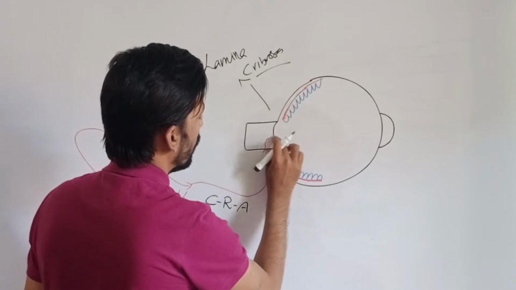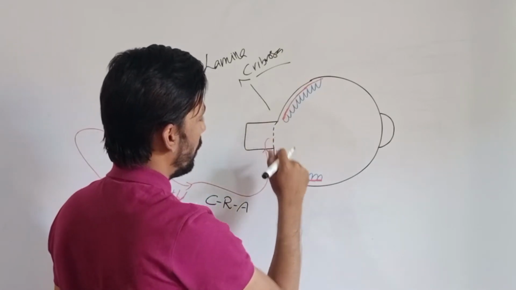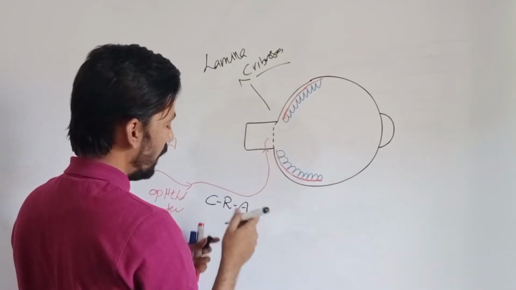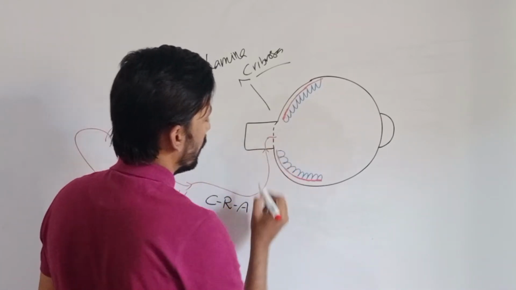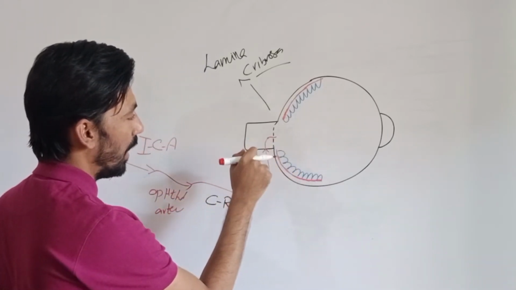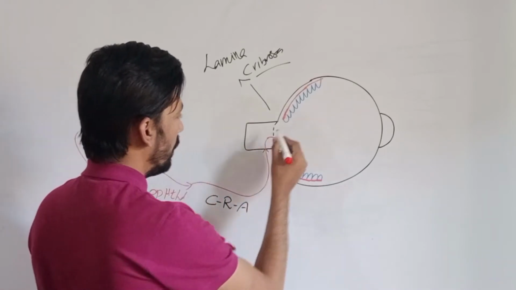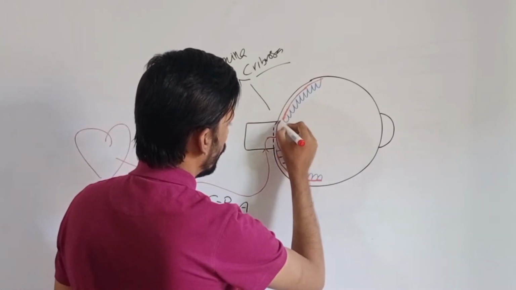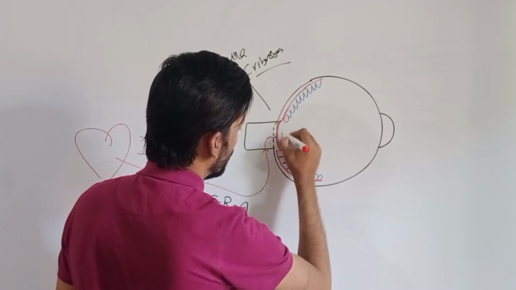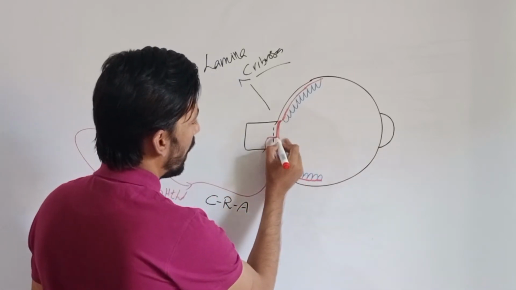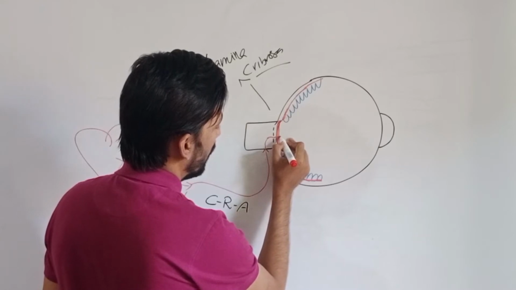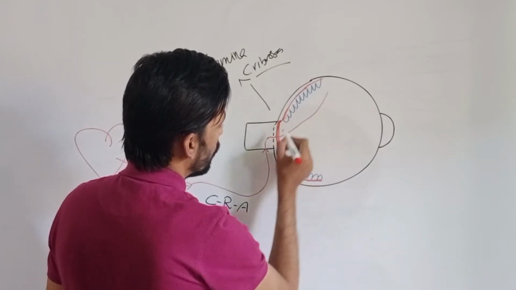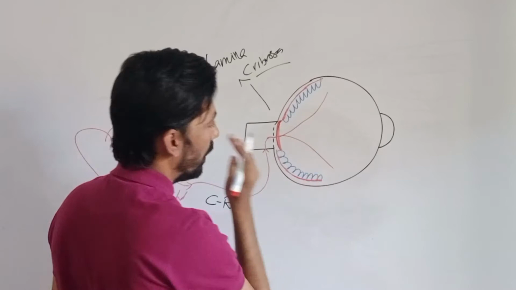Right? So the lamina cribrosa has different perforations, different holes. The central retinal artery will pass through the lamina cribrosa, the weakest part of the sclera, and then it will pass through the optic disc, right? And after piercing the optic disc, the central retinal artery will go into a superior branch and an inferior branch